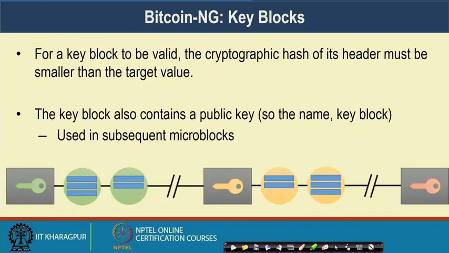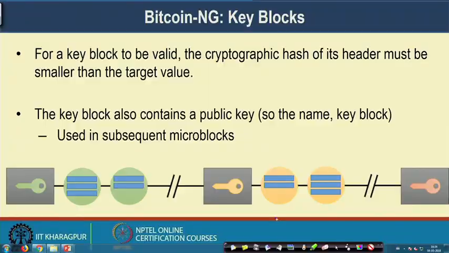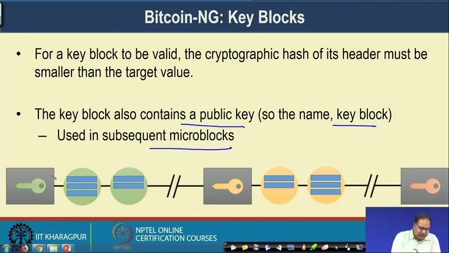Now, in case of Bitcoin NG, for a key block to be valid, the cryptographic hash of its header must be smaller than the target value, which is similar to the Bitcoin proof of work protocol. So, you need to find the nonce which will provide you this, and the key block also contains a public key, and that is why we have the name key block, which is used in the subsequent micro blocks. So, the key that you are generating in this key block is basically the public key